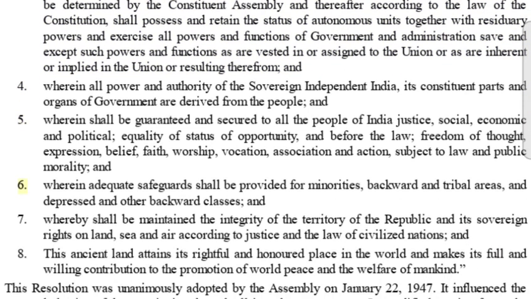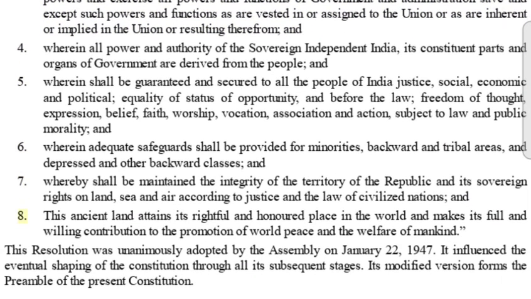Wherein all power and authority of the sovereign independent India, its constituent parts and organs of government are derived from the people, and wherein shall be guaranteed and secured to all the people of India justice, social, economic and political, equality of status, of opportunity, and before the law, freedom of thought, expression, belief, faith, worship, vocation, association and action, subject to law and public morality, and wherein adequate safeguards shall be provided for minorities, backward